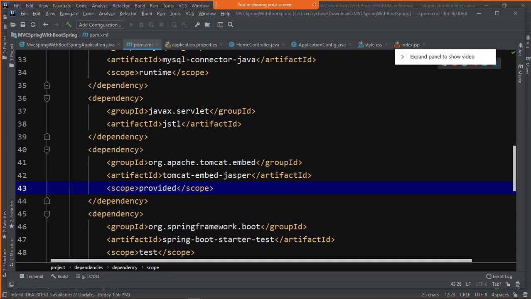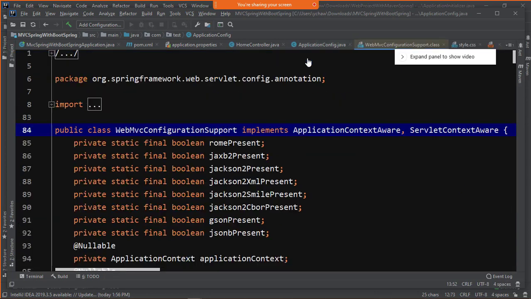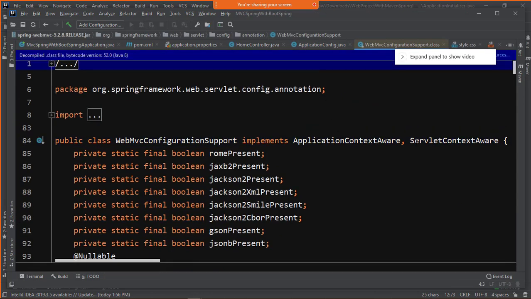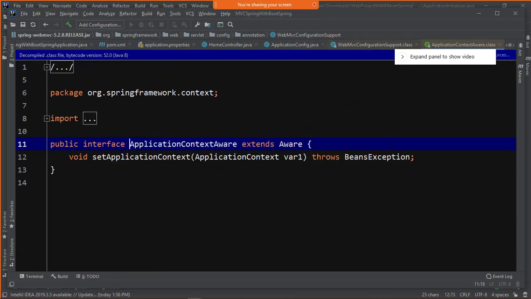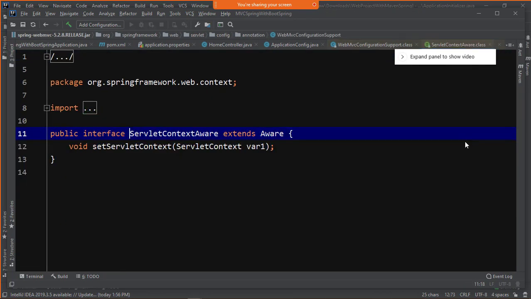Now the project structure is placed. I was saying this application config actually extends the web MVC configuration support, which further extends the application context aware and servlet context aware APIs.